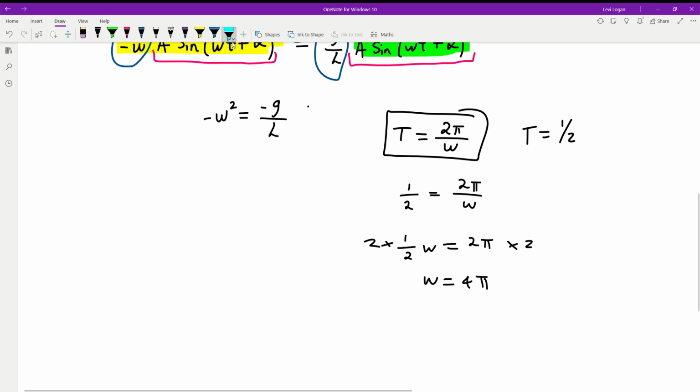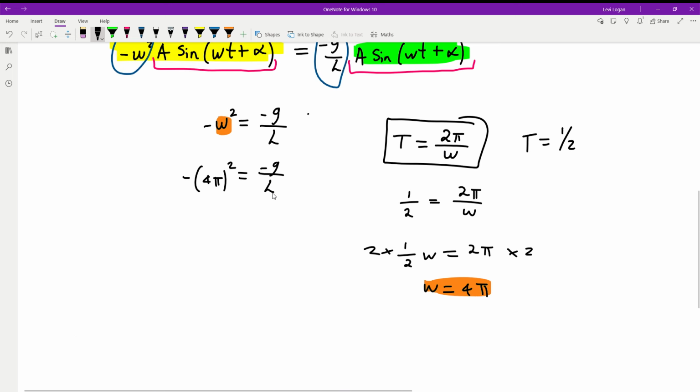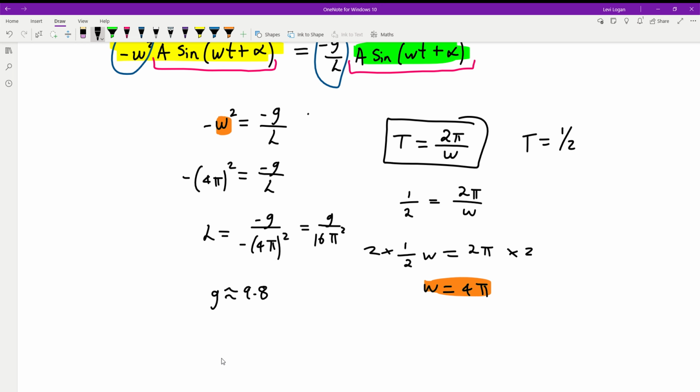Okay, then we can plug this straight into here, so we'll get negative 4 pi squared equals negative g on L. Now we want to get L by itself, because remember we're trying to find the length of the pendulum, so put the L up there, so we'll get L equals negative g on negative 4 pi squared, so you just get g on 16 pi squared. g is approximately 9.8, so you can work out what that would be. So L would be 9.8 on 16 pi squared, so that's approximately, if we put that into our calculator, 9.8 on 16 pi squared, so you get